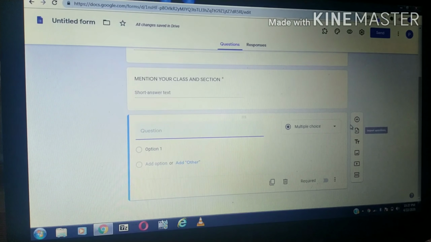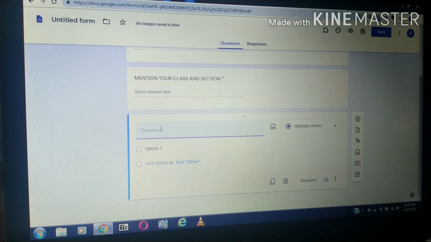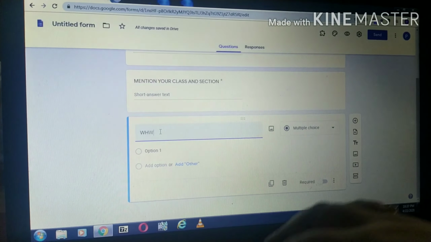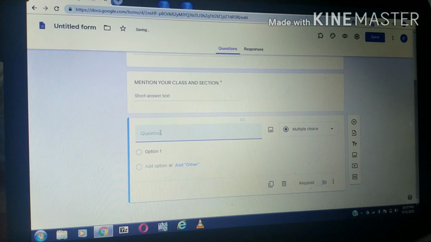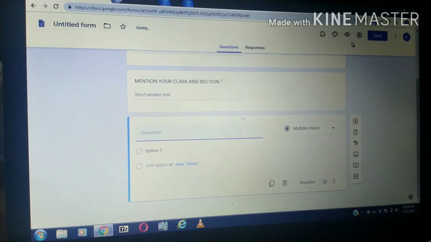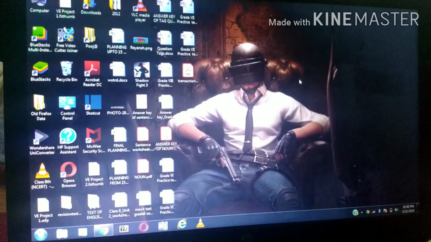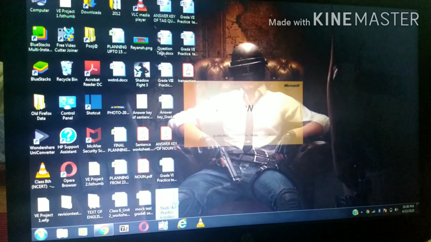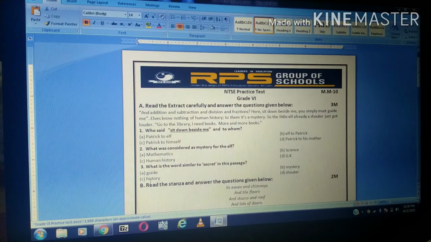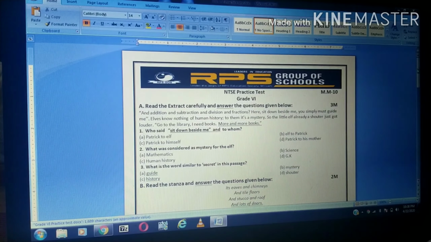Yes, here we can add our questions. You can type the question here like this, or if you already have your documents saved in your system, you can just paste from there.